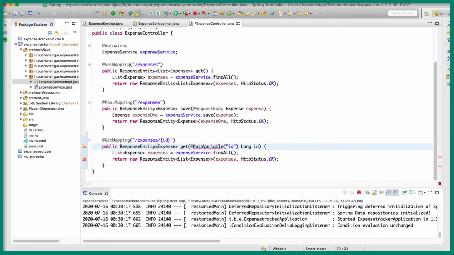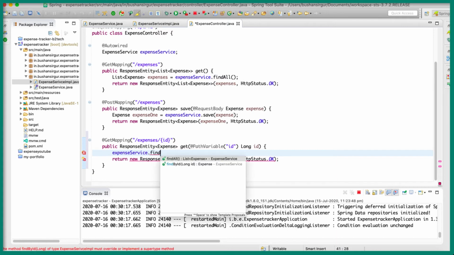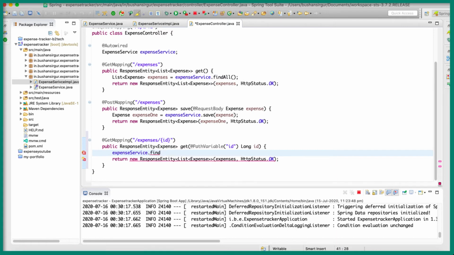Let's import the PathVariable from the required package, and inside this we are going to make use of the expenseService to call the findById method, and to this we are going to pass the id, which is the expense ID.